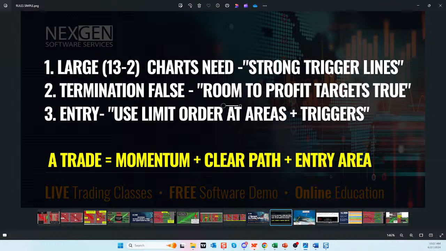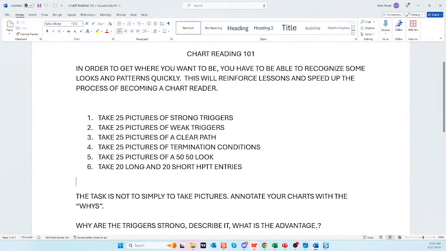But guys, this is what every trade that you post in the room does, is we go back to your chart reads. We go back to your chart reads and we talk about what you saw and whether you're reading your charts correctly. So I hope that makes sense. If you want to get to being a chart reader fast, use this drill. Fill out your spreadsheet. I'm going to give you guys high probability trend trade checklist, and I'm also going to give you guys